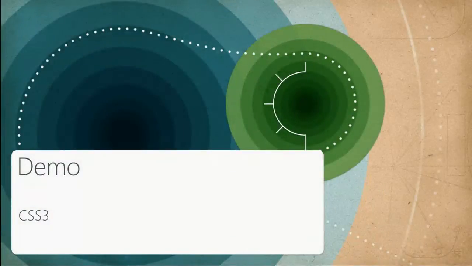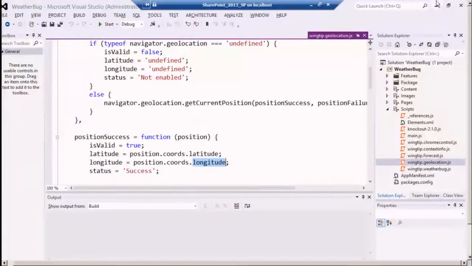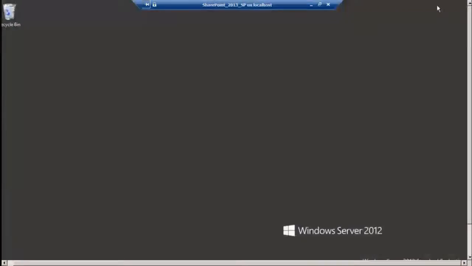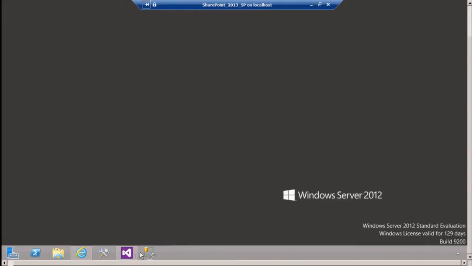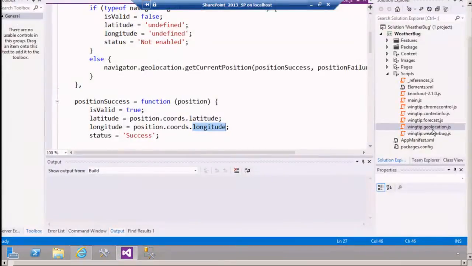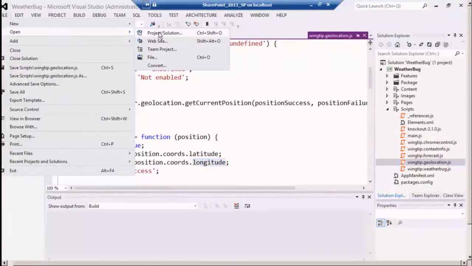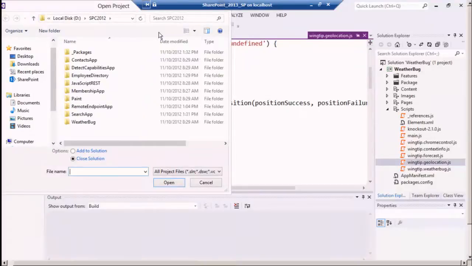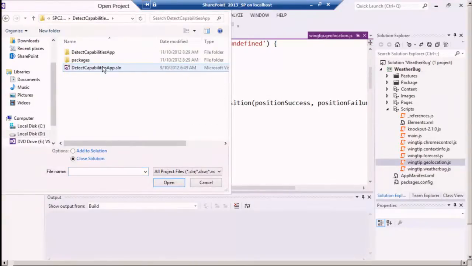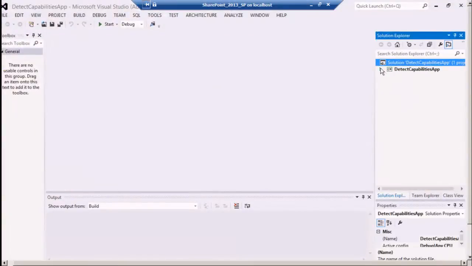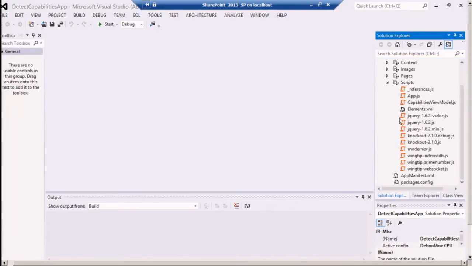Okay, so let's round this thing out then by just taking a look at some of that. What I'm going to do for you here is let's talk just a little bit about browser detection stuff. And I'm going to open up a new one here. So obviously, if you're going to go down the HTML5 route, you need to be very concerned about whether or not the browsers that are hitting you understand HTML5 and have capabilities for it. So I'm going to reference